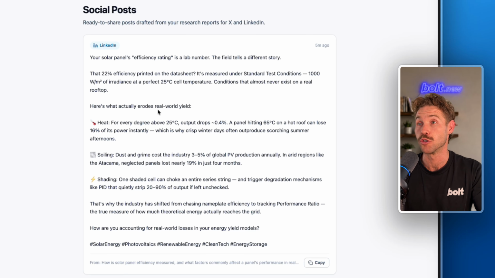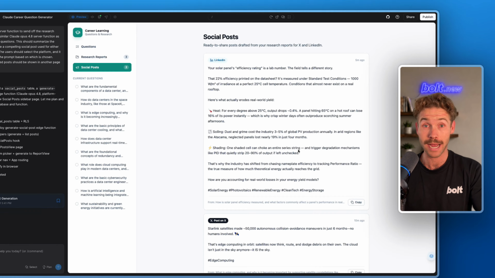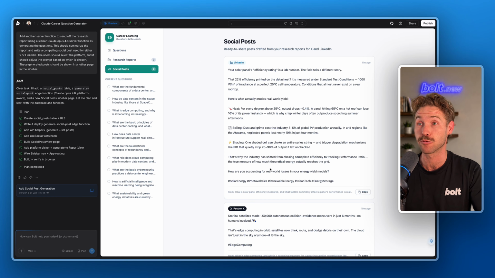Here's what actually erodes real-world yield. Heat, soiling, shading. That's why the industry has shifted from chasing nameplate efficiency to tracking performance ratio. How are you accounting for real-world losses in your energy yield models? It's quite insightful, isn't it? We can see it's referencing stats, and it's obviously been drawn from a wealth of knowledge which was taken from